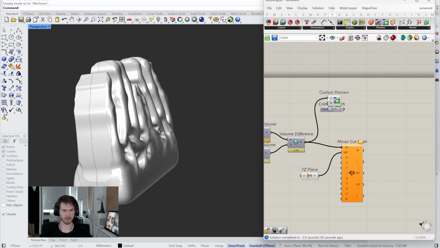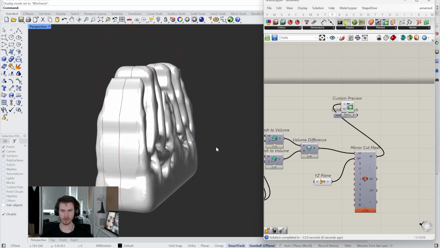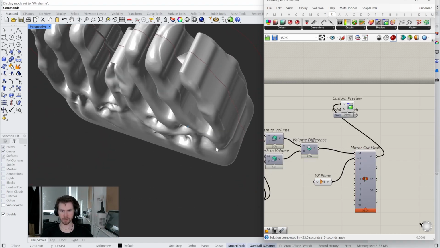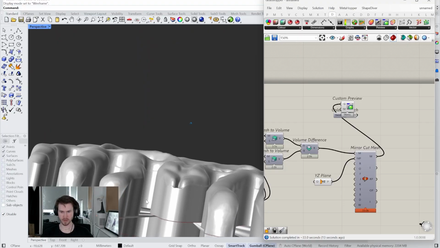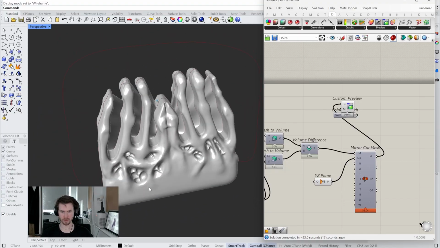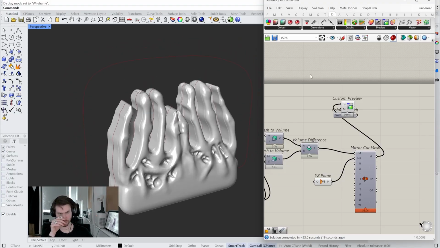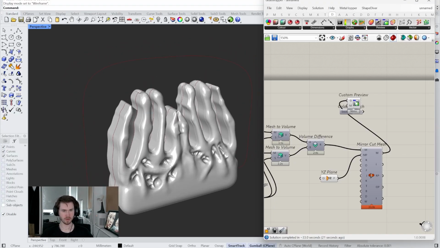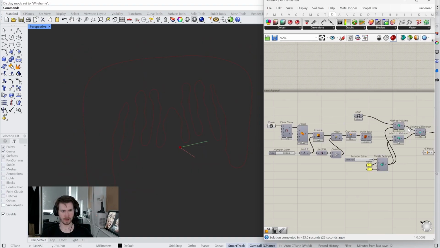And I'm going to replace the custom preview here once it loads. Okay, now that we've got the nice pattern on both sides, it looks like we're getting a weird mesh thing in there, which actually shouldn't matter for this process. So let's grab the actual good pattern of the bag as well, and we might